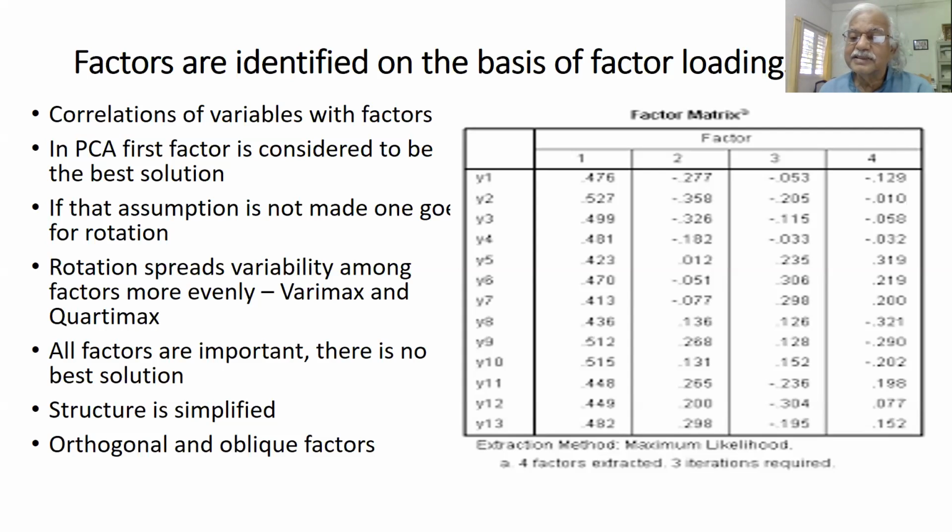Look at the signs, some of the correlations are positive, some are negative. In studying the degree of dependency, you consider only the magnitude of the correlation. The plus or minus sign shows whether factors and variables move in the same direction or not. So this is how factors are interpreted, and a large number of variables can be reduced to a small number of factors.